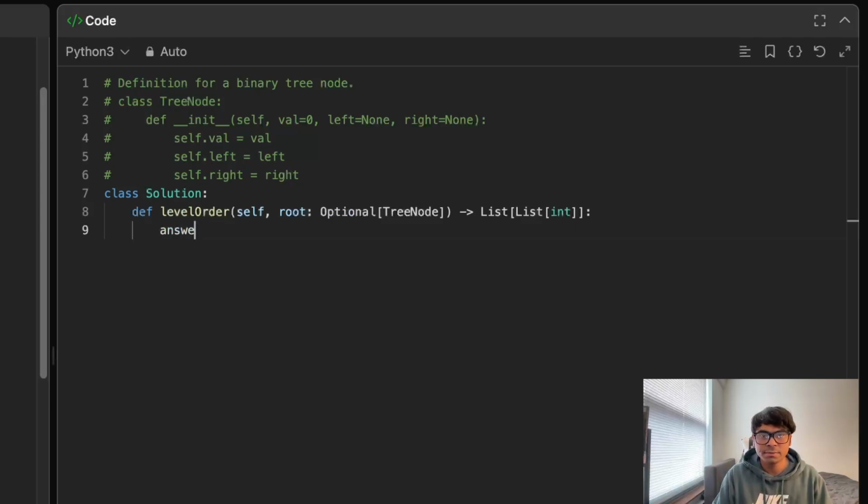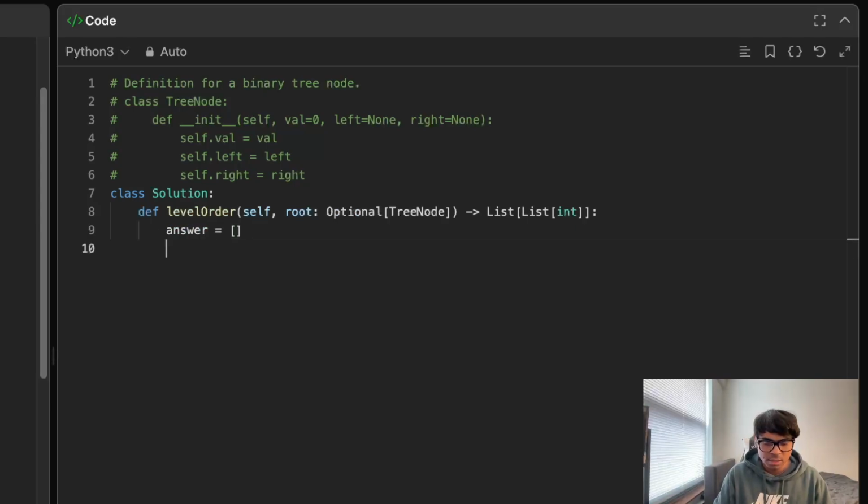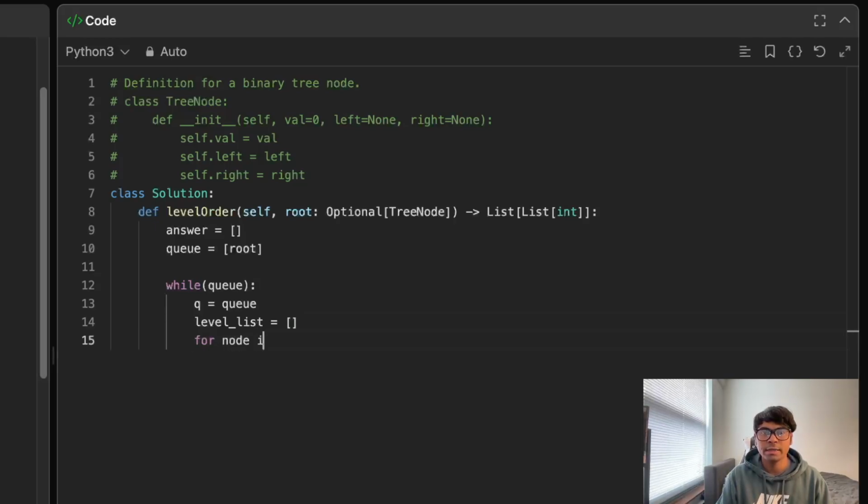So I'll have answer as my main list. Then to my main queue, I'll be adding the root, and I'll say while queue, I'll assign queue to my smaller queue, and this is where I'll have my level list, which will be empty currently. But for node in my queue, I will basically add if